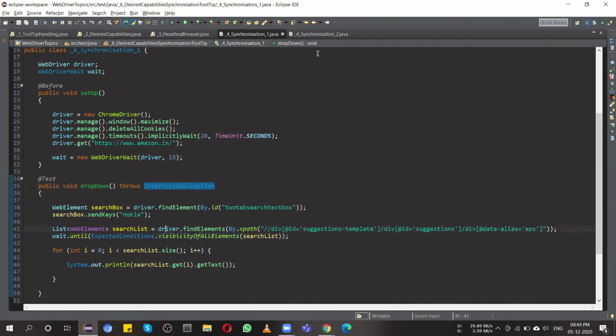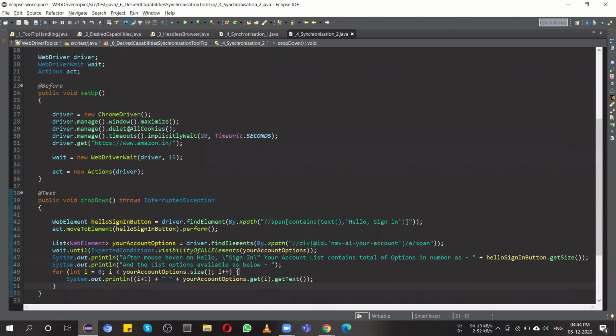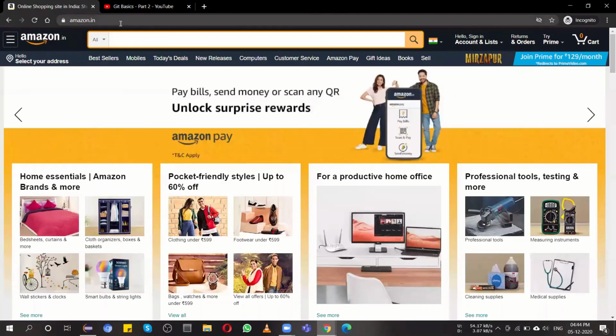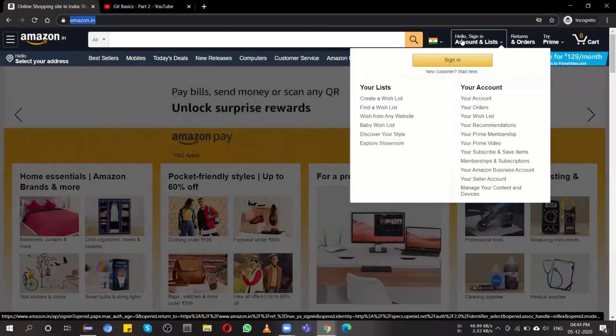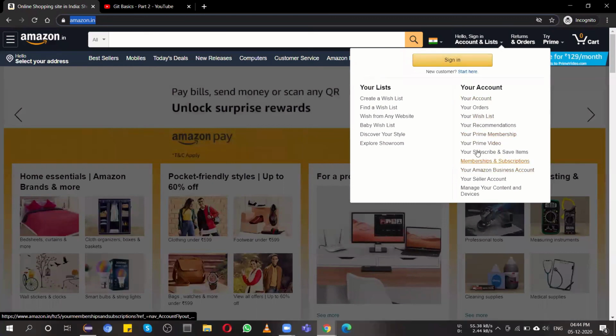Then the second part, with the same website but a different scenario. What we are trying to do over here is open this website, then move our mouse over here, and after moving the mouse, this list gets loaded. If you don't wait for this mouse over action and for this box to appear, inside which you have different options for account management, your script might fail without any reason.